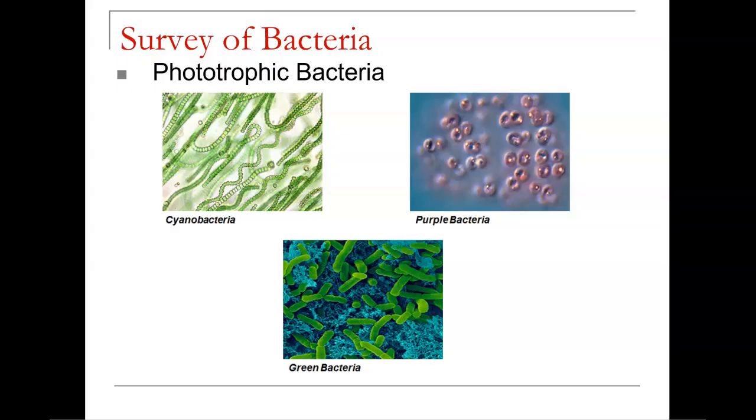The non-sulfur are going to derive electrons from carbon dioxide reduction in organic compounds such as carbohydrates and organic acids as well. And the sulfur type are going to derive their electrons from oxidation of hydrogen sulfide to sulfur, and they deposit that sulfur within the cell. These are going to be found in anaerobic muds that are rich in hydrogen sulfide at the bottom of ponds